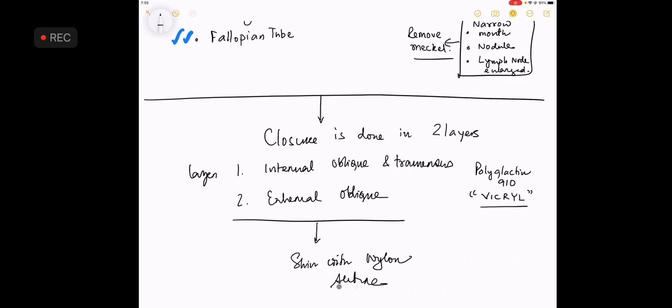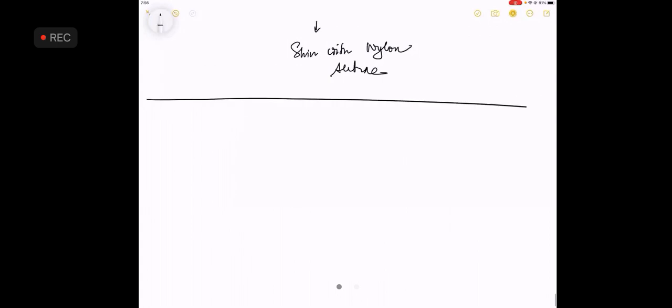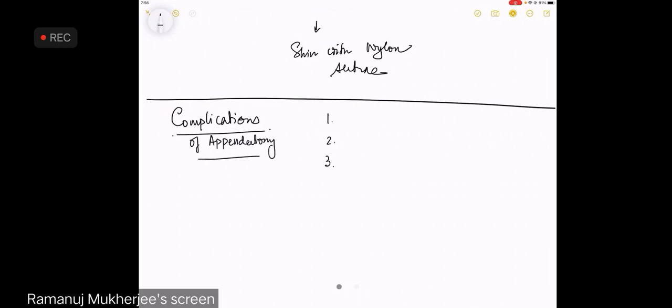If you have completed writing, we'll proceed then. Complete? Yes, sir. Come to what are the complications of appendicectomy. Postoperative care is something that you are not required to know because this is a much complicated thing for you to know. Complications of appendicectomy have been a rare 5-mark short note, a rare question in an MBBS.